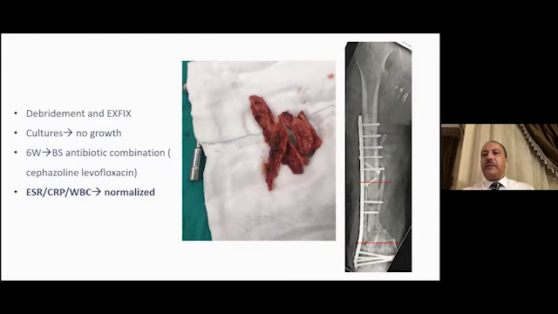Just I have one comment about the ESR and CRP to be sure the infection is controlled. If the patient has a sinus, this is a fault because the sinus will discharge all out, and you may be misled by the ESR and C-reactive protein. White cell count maybe, yes, you can judge, but for ESR, CRP, you have to be sure there is no discharging sinus in this patient. If there is a discharging sinus, I cannot rely on this result to be sure the infection is